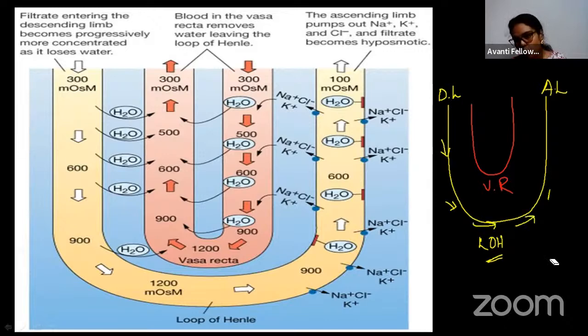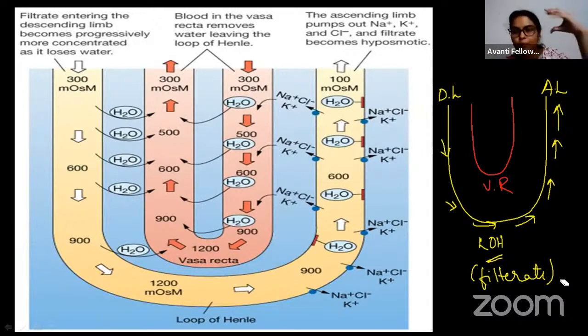Okay, after ultrafiltration and glomerular filtration in urine formation, what happens next, dear? The filtrate that is formed, present in the Bowman's capsule, will come to the PCT. From the PCT, it will come to the descending limb of the loop of Henle. Then it will come to the loop of Henle and then the ascending limb of the loop of Henle. So it is in this direction. From there it goes to the DCT, and from the DCT to the collecting duct.